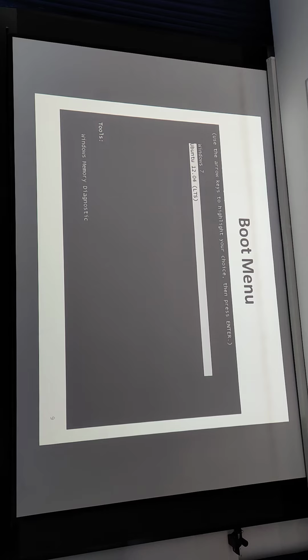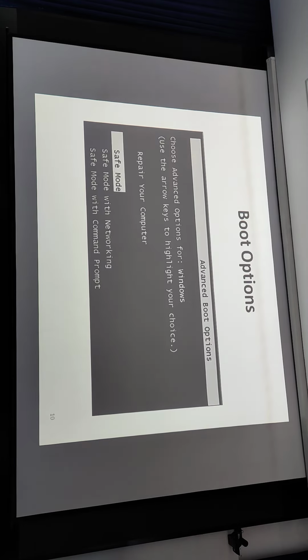And you could also install several operating systems on the same computer, and you could switch between them. You select the operating system that you want to use. And sometimes your operating system would not start normally.